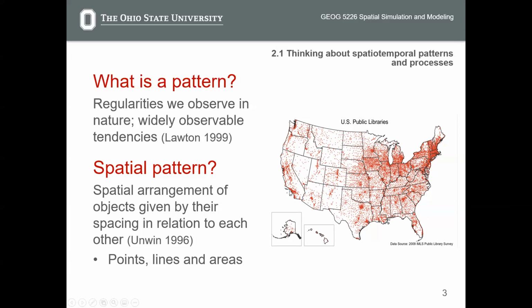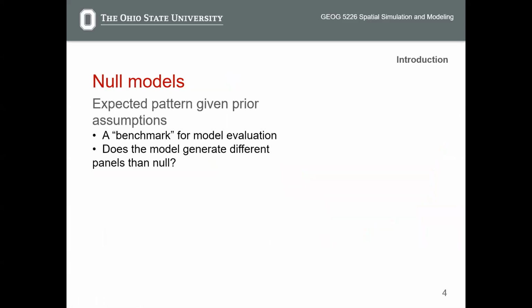So obviously, we can tell there is a spatial pattern here about the distribution of U.S. public libraries, right? So here is an example showing the spatial pattern of a geographic entity. This entity here is public library, okay? And we know there is a spatial pattern, and beyond that, we want to create some baseline to differentiate different types of